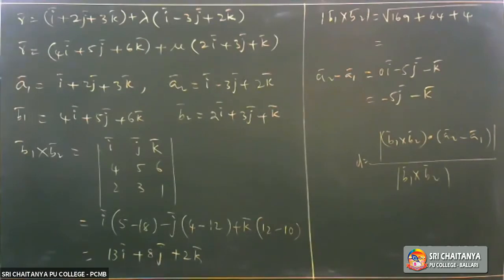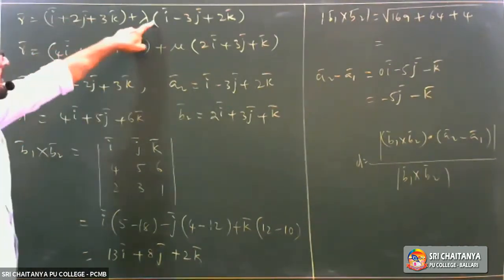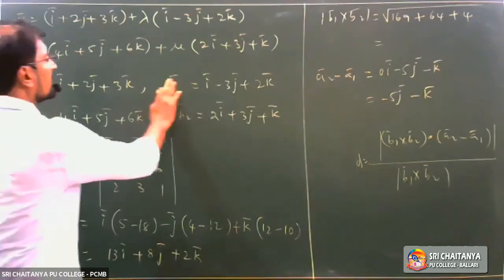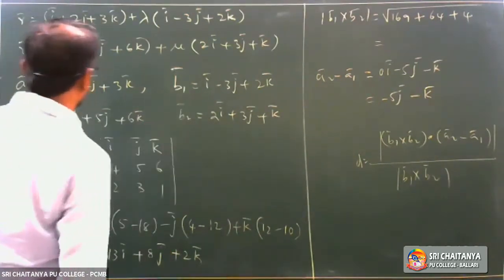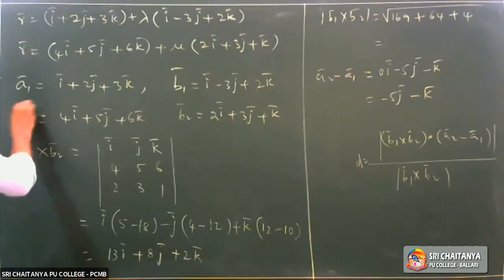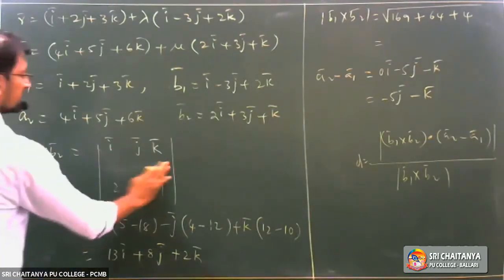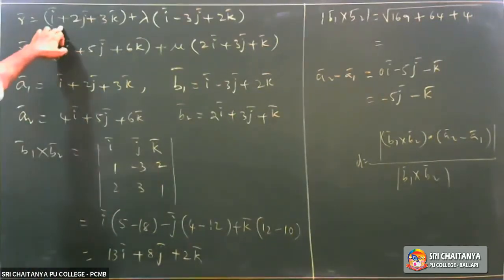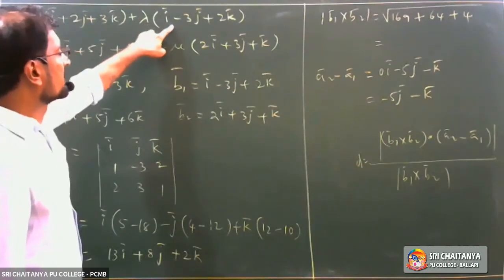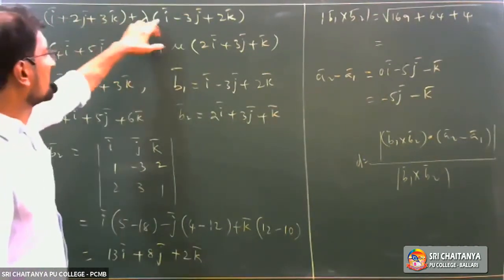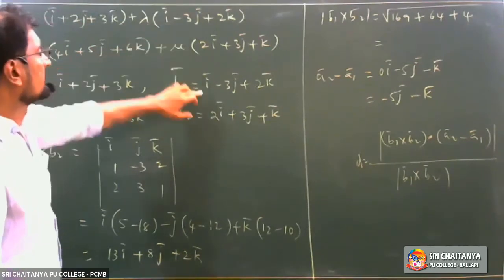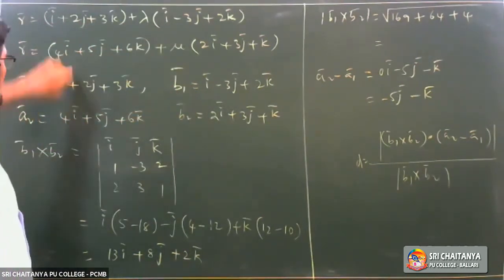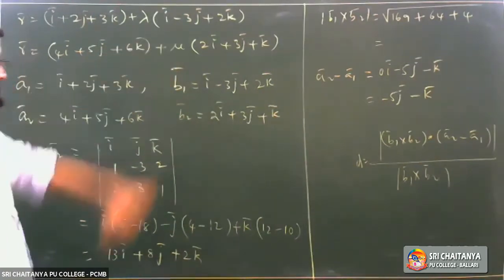See, we made a small mistake here. Observe once again. This is A1, right? This is not A2, no? This is B1, it becomes. I'm very sorry here. Observe. This is B1 bar. This is A2 and this is B2 bar. Now it becomes, I'm sorry, this is minus 3 and 2. A1 plus lambda B1, you should compare. A1 bar plus lambda B1 bar, right? So B1 becomes this. A2 bar, it is correct, and mu B2 bar.